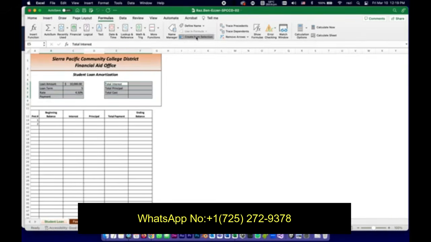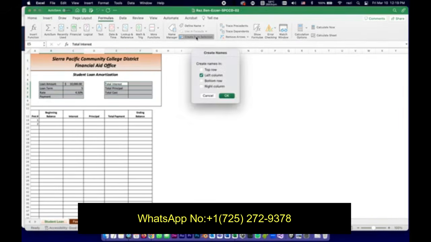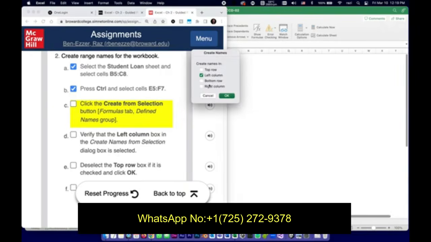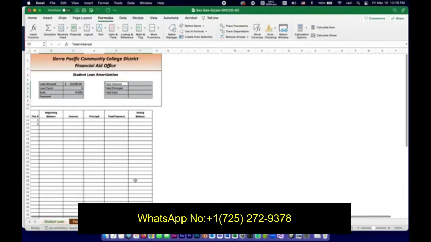And I'm going to click, and it's going to pop up in a dialog. Now, they're telling me to verify that the left column box in the Create Names from Selection dialog is selected. So in other words, it's asking me, okay, where do you want me to take the names from? Oh, from the left column. And I click OK. And from now on, the name of each one of those cells with a value is based on the label name